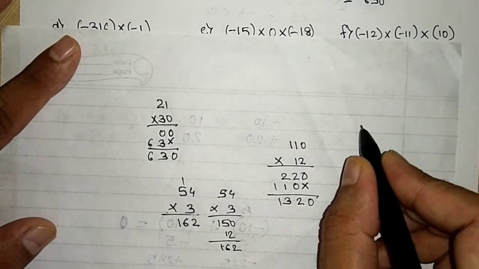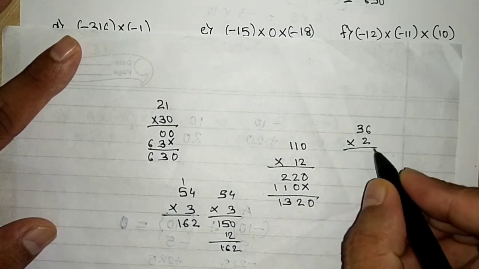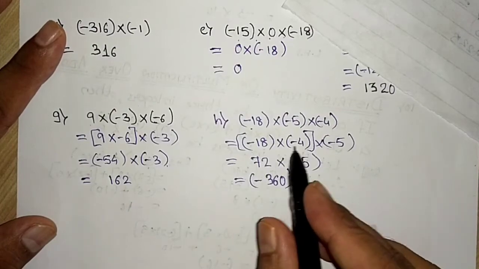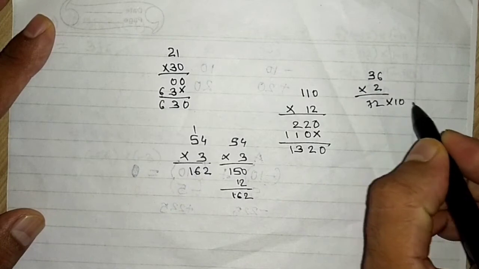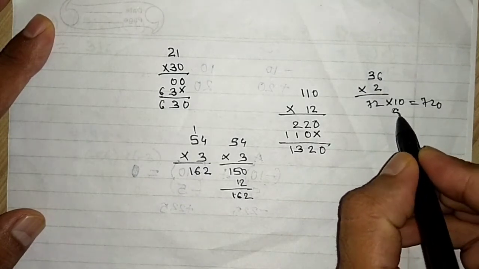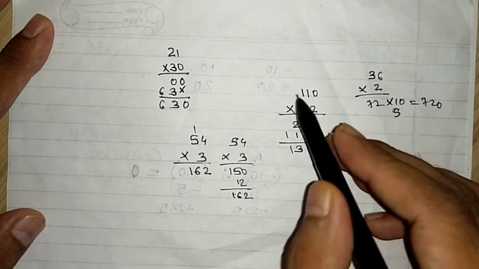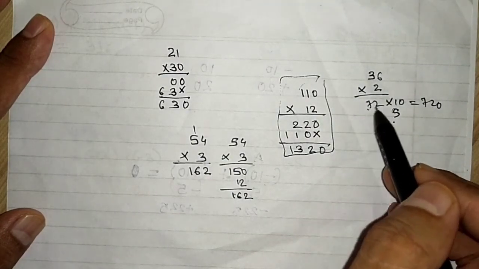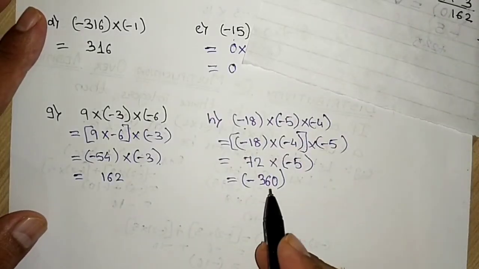You know 18 2s are 36. Now 36 2s are, if I make it 2 times 36 2, then it will become 72. That was the first calculation I did. Now 72 into 10 will be 720, but I was supposed to do 5s, right? If I am doing 72 5s, I must be doing like this in rough work. But since it is 5, I multiplied it with 10 and divided by 2. So I got the final result 360.